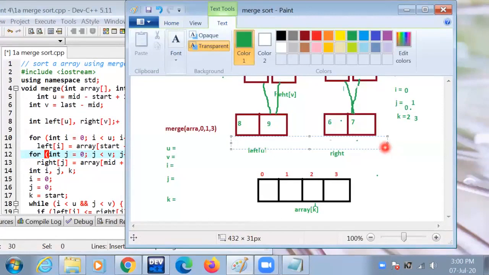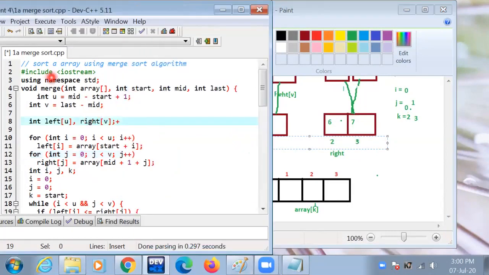This value is 0, and this value is 1, and this value is 2, and this value is 3.